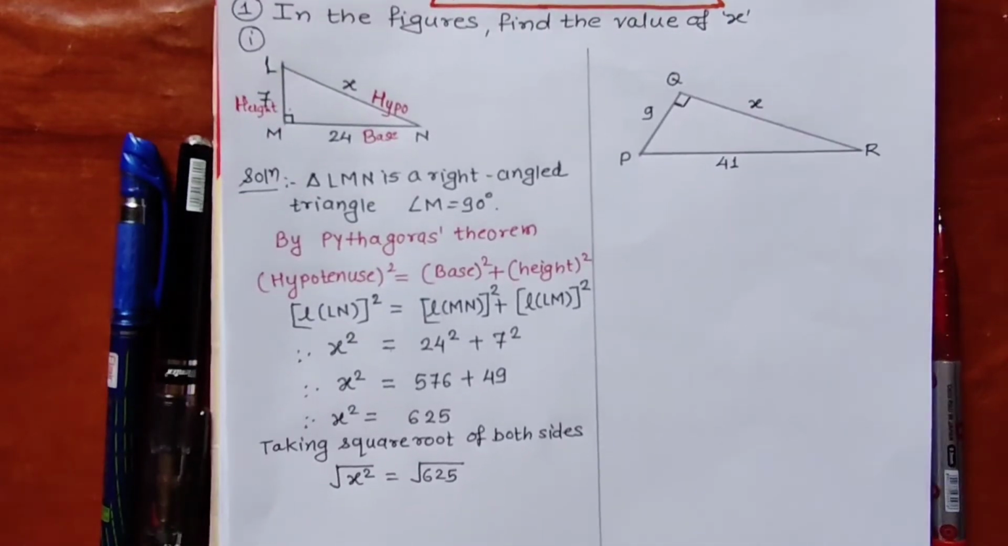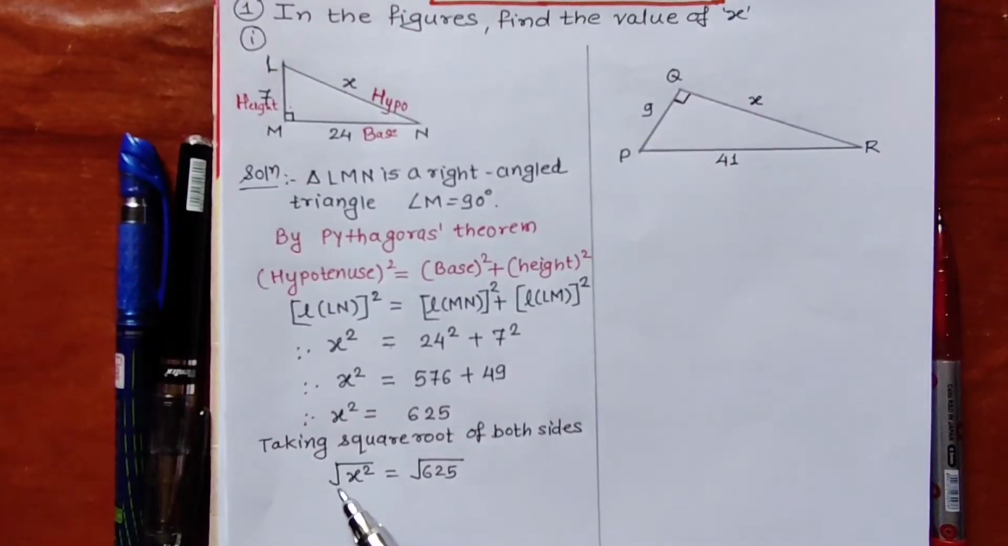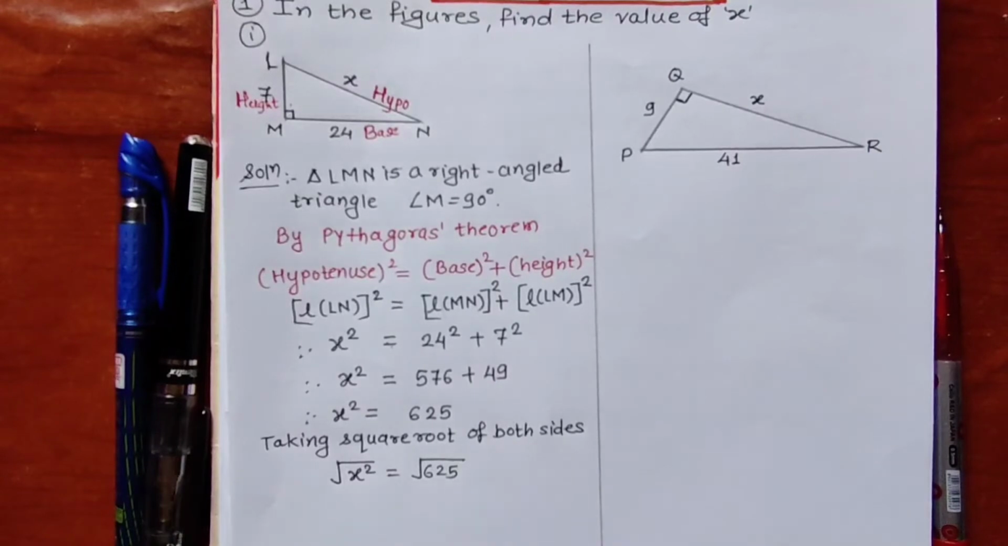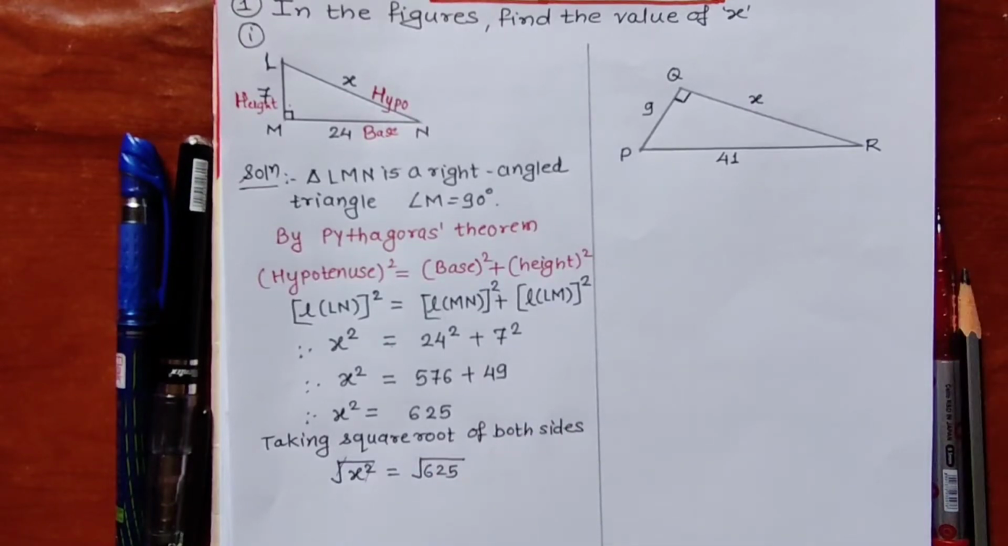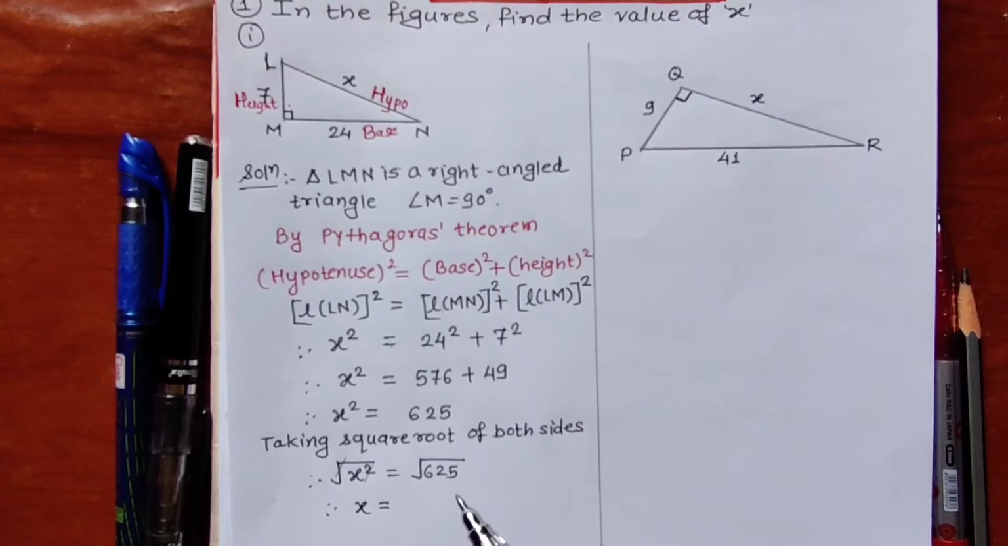So when the square root of a square is there, that square and square root symbol cancel each other. Square and square root will cancel each other, and we will get only x on the left hand side. This is a number, this is a variable, and variable square is there, so square and square root cancel each other, only x we will get here, and number is there, so we should find